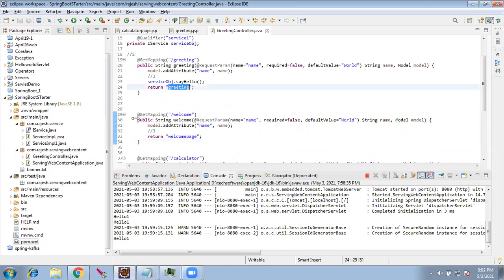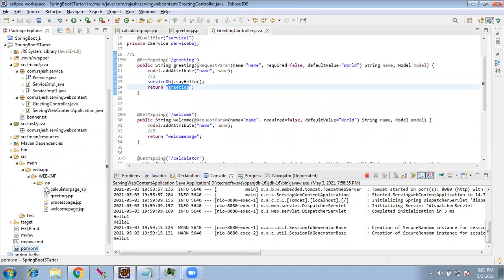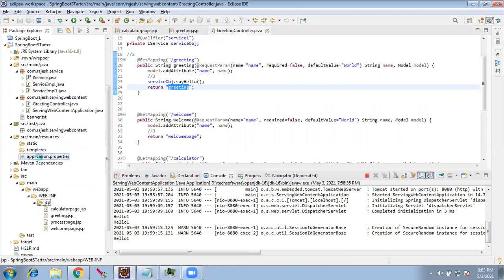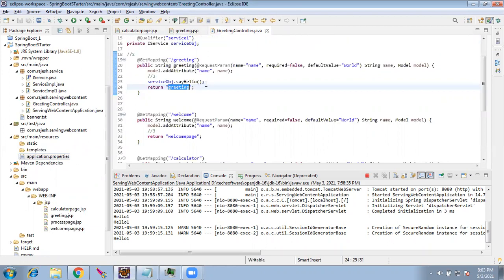In the same name we should be having a JSP inside the src main webapp, WEB-INF, and jsp folder. And how do we map this JSP folder? This is done in the application.properties. So we have the prefix and we have the suffix as .jsp. So that is what we did so far.